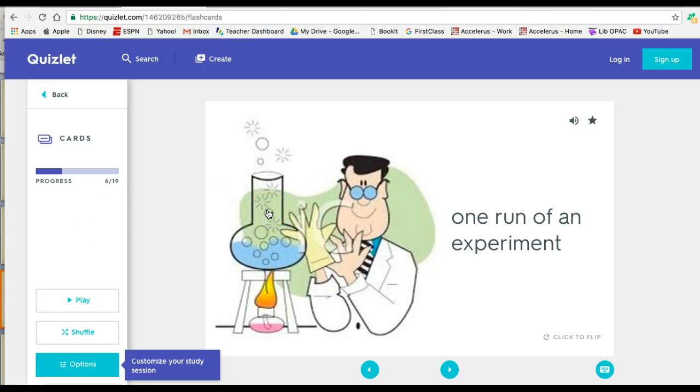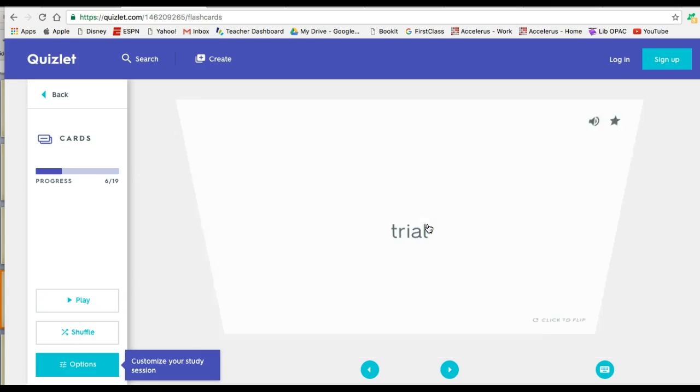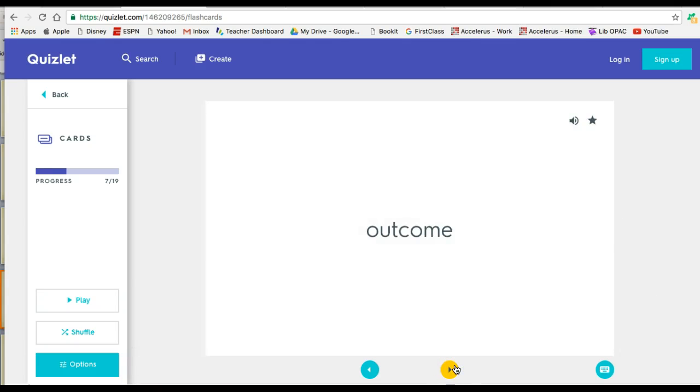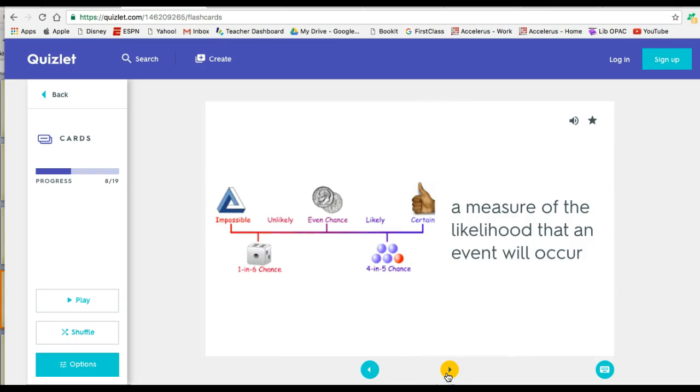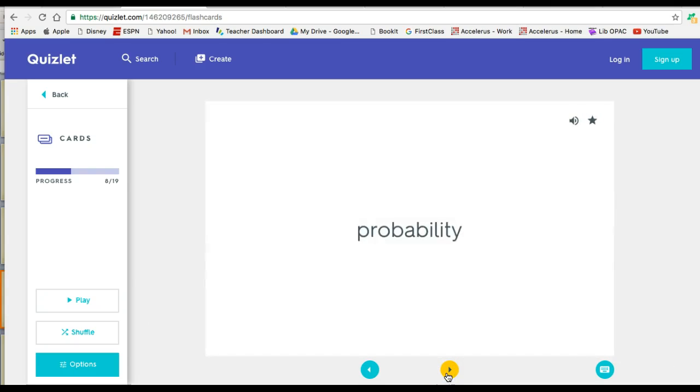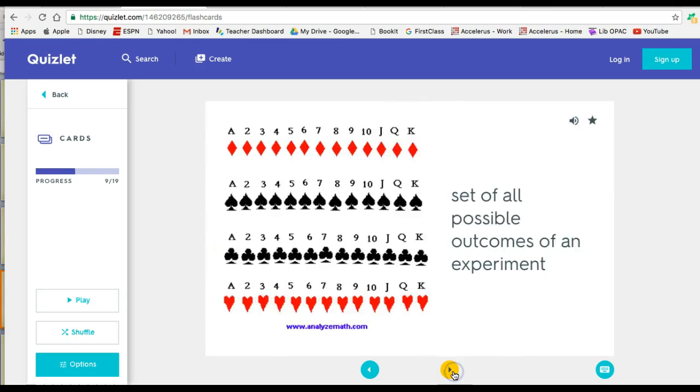So it's a flashcard. So if you press spacebar, okay, one run of an experiment is a trial. So they learn the definitions. So this is really useful for, I guess, other subjects, especially science, where they have to learn definitions. Okay, so you can go through all of them. There's 19 cards. So if we go back,